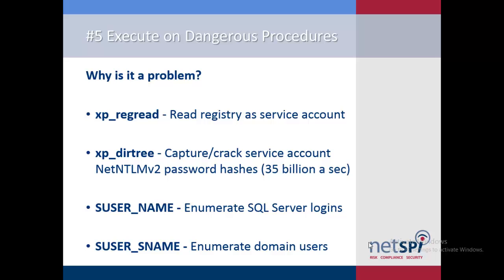The next one here is xp_dirtree. This is a function that's intended to let you basically recursively list directories on your current SQL server, but it also supports UNC paths, which means I can attempt to list directories for remote file servers. So what that means is I can force SQL Server's service account to authenticate to me. I can capture its password hash, and then I can do a number of things, one of which would be